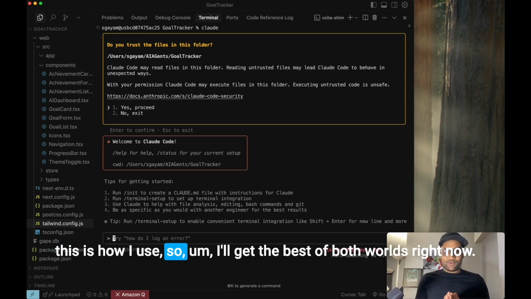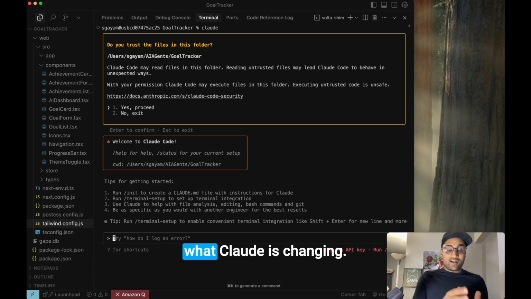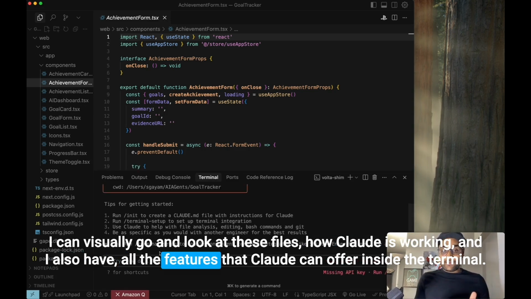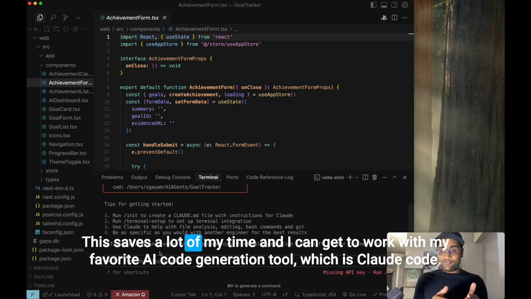This is how I use it. So I get the best of both worlds, right? Now I know what Claude is changing. I can visually go and look at these files, how Claude is working. And I also have all the features that Claude can offer inside the terminal. This saves a lot of my time and I can get to work with my favorite AI code generation tool,